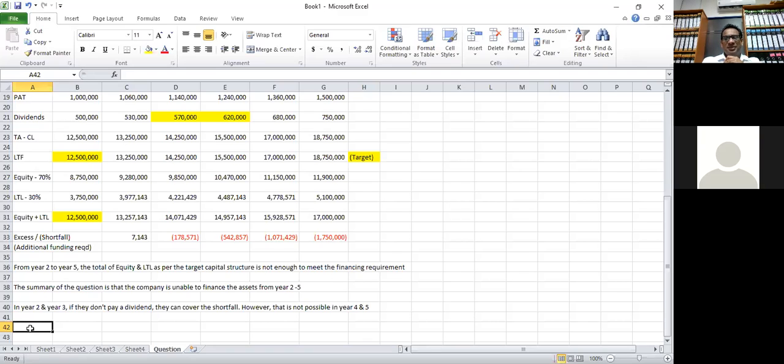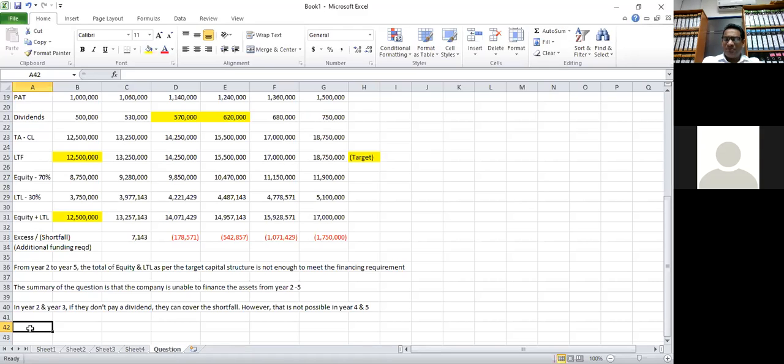Come on, tell me. What do they have to do? They'll have to raise new capital, isn't it? They'll have to go for new capital. Now, if they go for debt capital, what will happen? I mean, you must be knowing the basic features of debt capital and equity capital. If they go for debt capital, of course, on interest they can save tax. There's a tax benefit on interest. Cost of debt is always less than cost of equity.